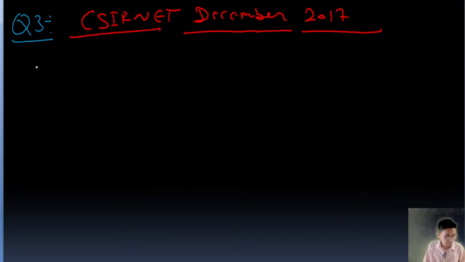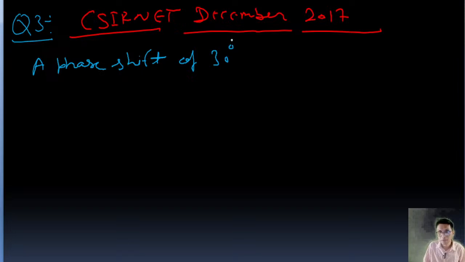This question is, a phase shift of 30 degree is observed. It's talking about delta naught. Okay, phase shift of 30 degrees observed when